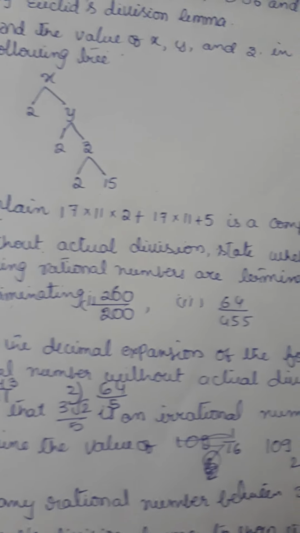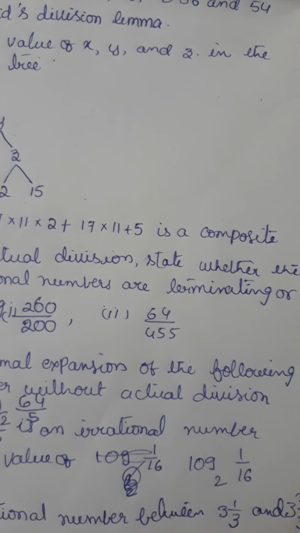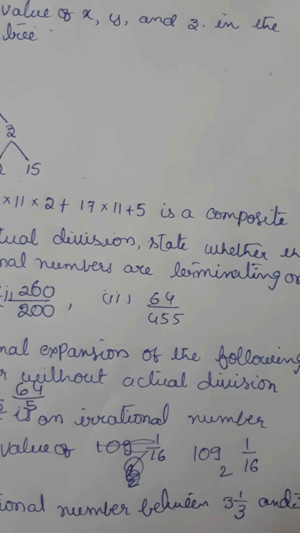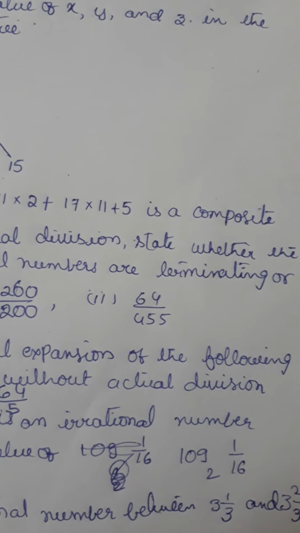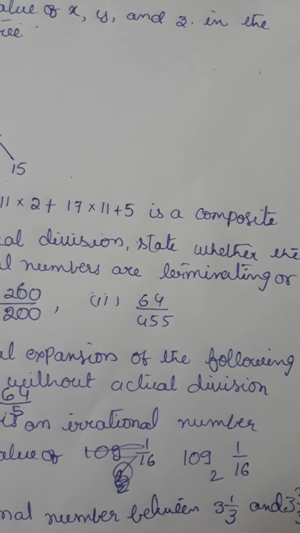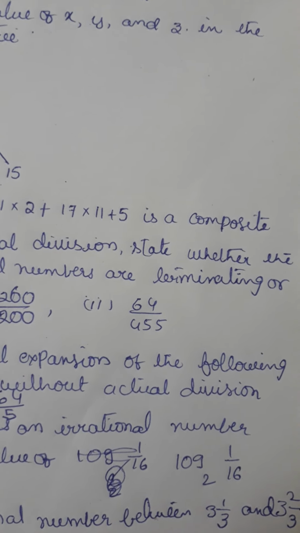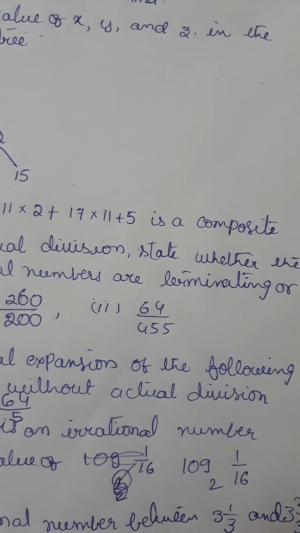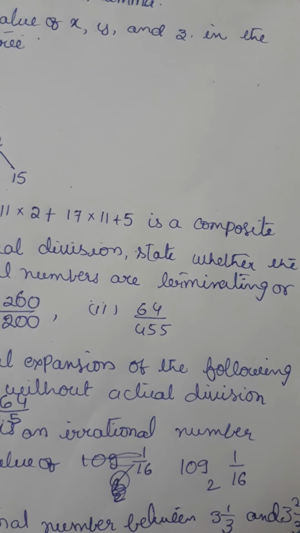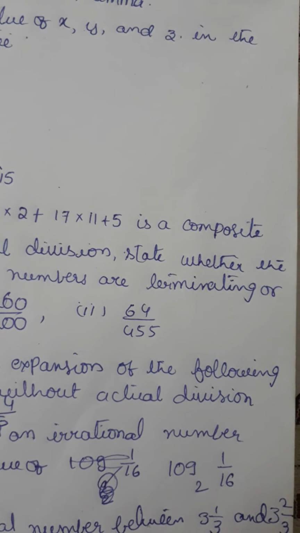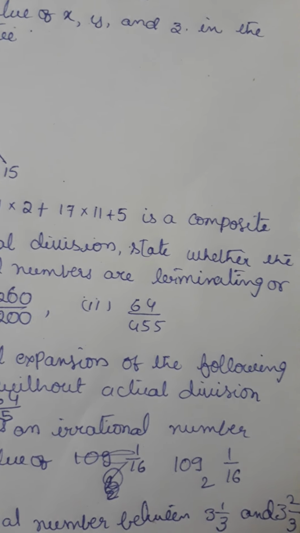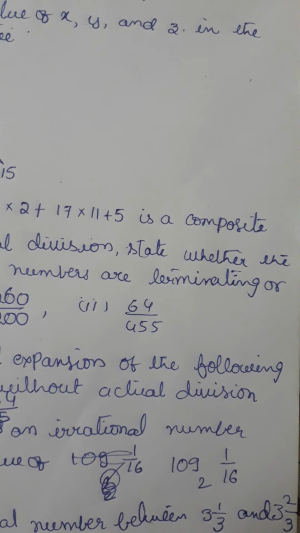Next, determine the value of log 1 by 16 base 2. Equate that number with x. So, writing in exponential form, it becomes 2 power x is equal to 1 by 16, and 2 power x is equal to 1 by 2 to the power of 4. And 2 to the power of 4, when you bring it to your numerator, it becomes 2 power x is equal to 2 to the power of minus 4.